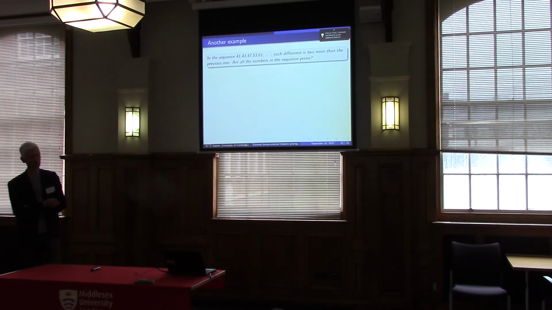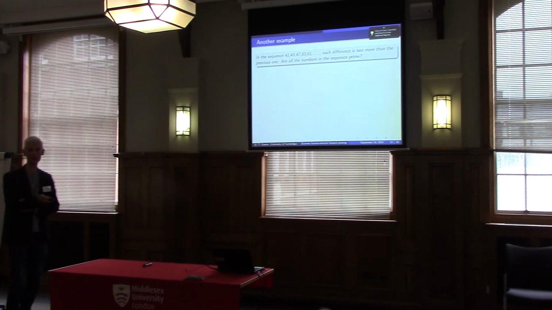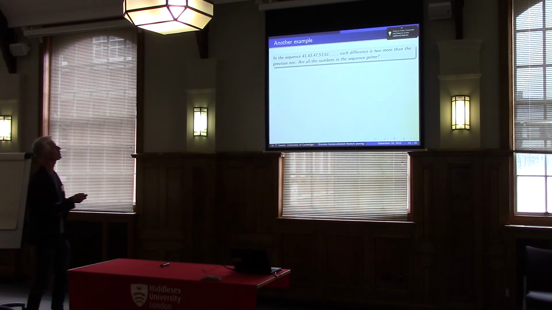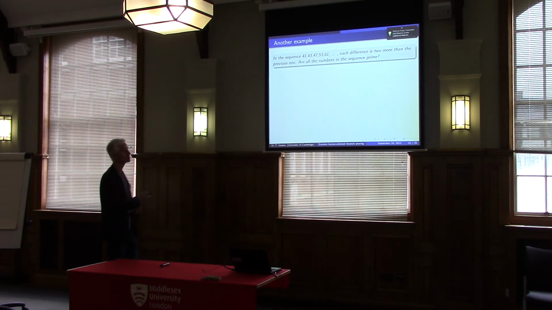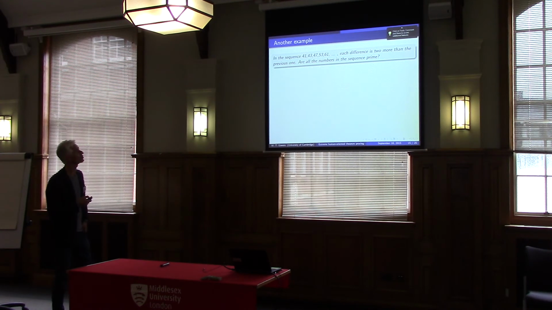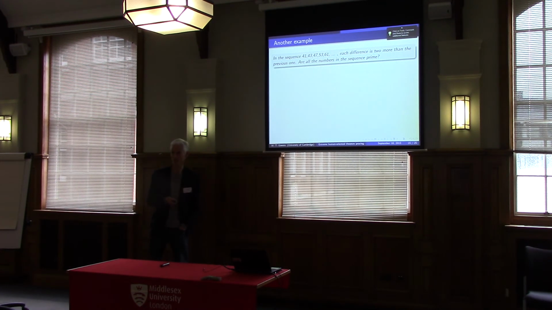I want to talk about another example because it will illustrate something useful later on. This was the next question on the same question sheet as the one before. This time we're thinking about sequences of prime numbers. We've got this sequence here. This is another quite well-known question in the right circles. The rule is that you start with 41, and you add 2, then you add 4, then you add 6, then you add 8, then you add 10, and so on and so forth. And the question is, are all those numbers prime?